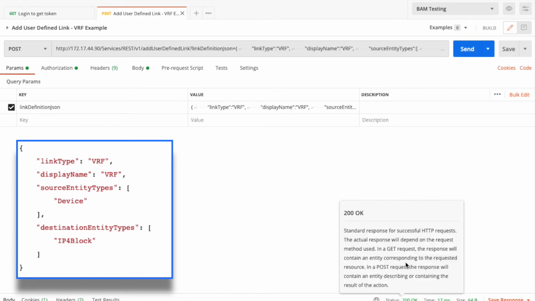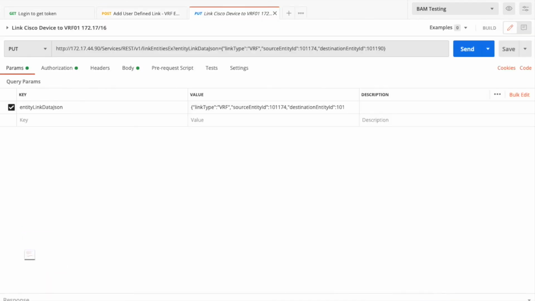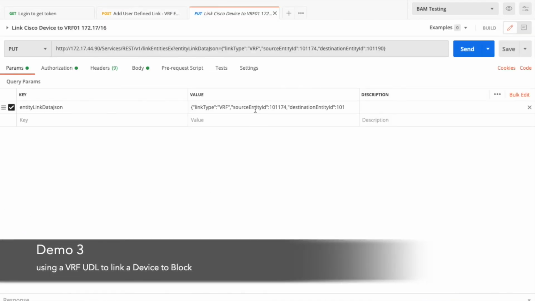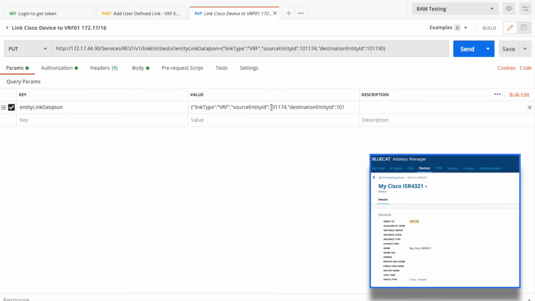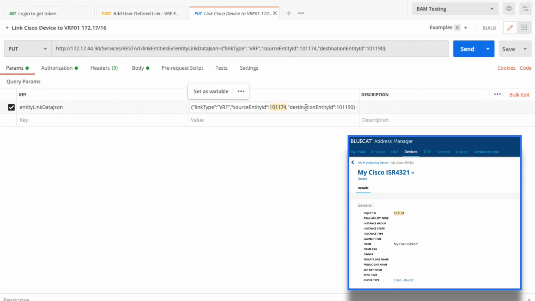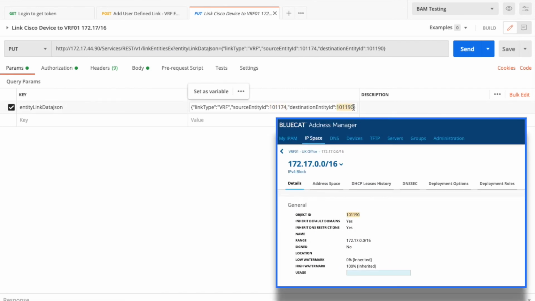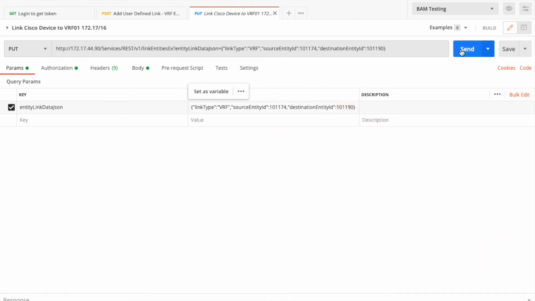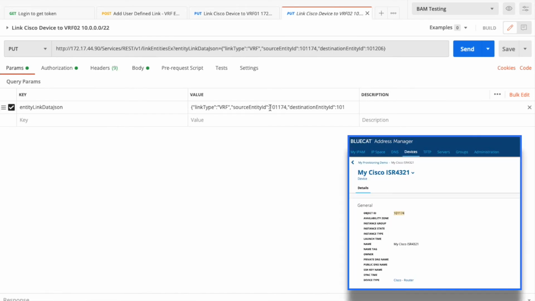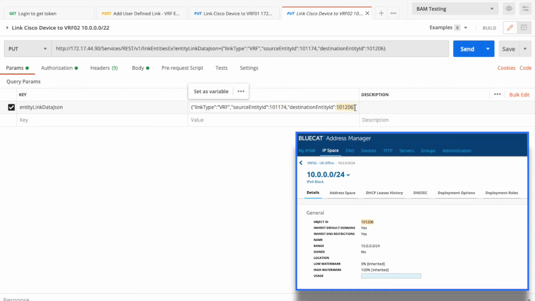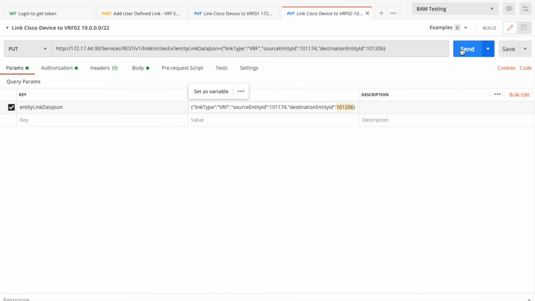Linked entities calls are now being used to create one-to-one relationships between our Cisco ISR device in the default configuration and overlapping blocks in other configurations. We've actually named the configurations as per their VRF labels. We'll start by linking our Cisco device to an address block 172.17.0.0/16 created in our VRF01 configuration for the UK office. This is an overlapping address space, so we already have that block in our default configuration. We're then going to move on to linking our Cisco device to address block 10.0.0.0/24 created in VRF02,